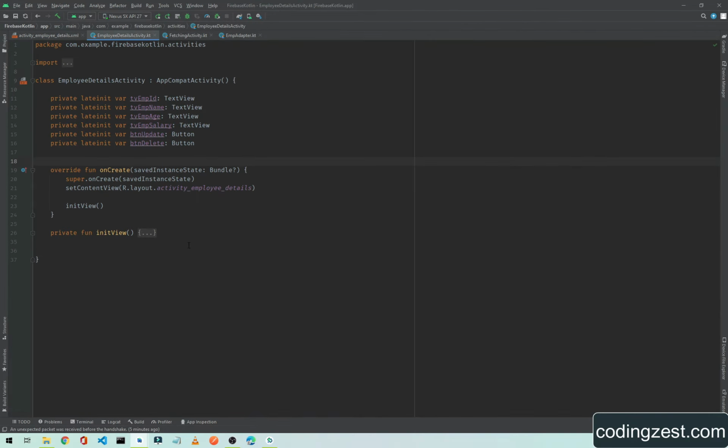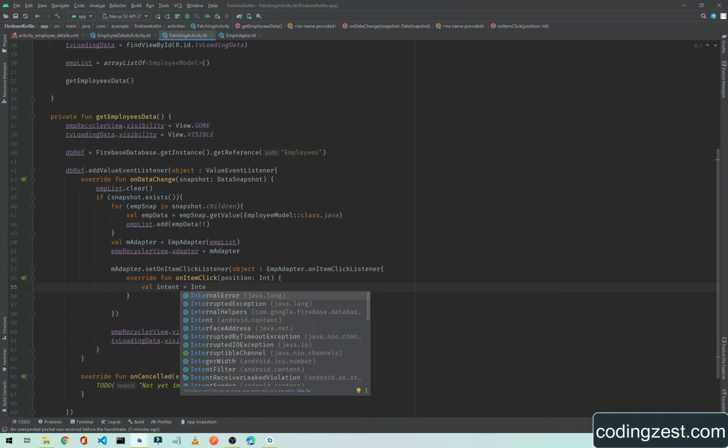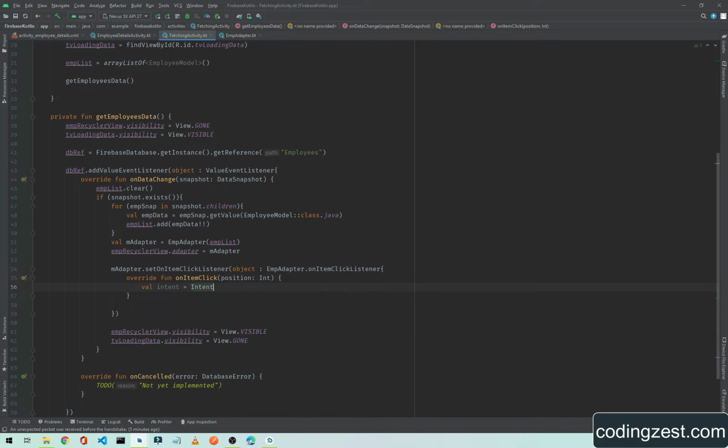Okay, so as you know, we are getting all the data from here, from Firebase Realtime database. So we will pass their data, their details to this activity, and here we need to create an intent variable, intent is equal to Intent, and we will pass this fetching activity, and we will pass the details activity. So this will be the employees detail activity